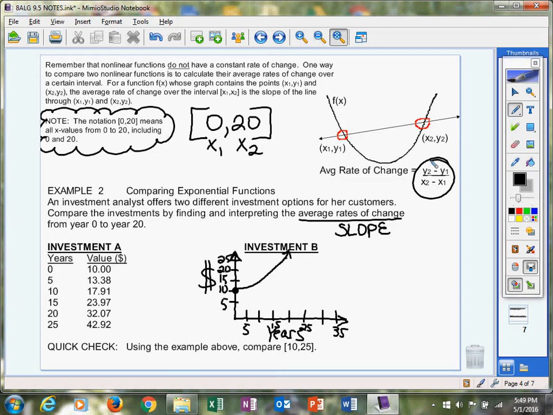An investment analyst offers 2 different investment options for her customers. We're going to compare the investments by finding and interpreting the average rates of change. Okay, we are working with exponential. Now we know we're working with exponential because we've checked it. The graph looks like it's doing a little bit of a hook there. In investment A, it wouldn't take much for you to take your little calculator out and do